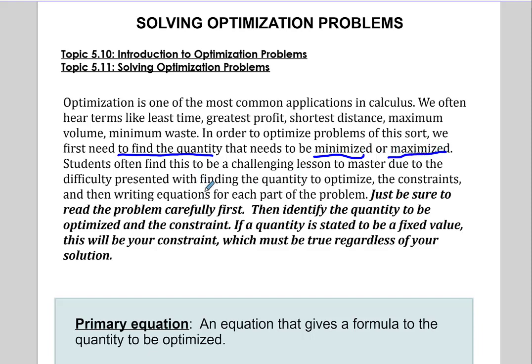And then we have to find the quantity to optimize and find all the constraints, and then write the equations for each part of the problem. So I've got that bolded here. Just be sure to read the problem carefully first. Then identify the quantity to be optimized and the constraints. And if a quantity is stated to be a fixed value, this will be your constraint, which must be true